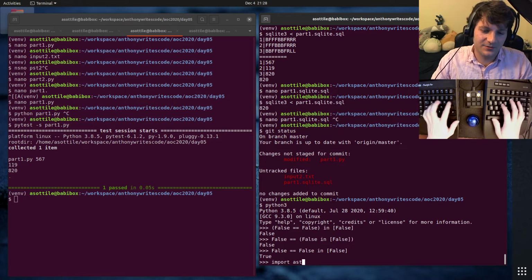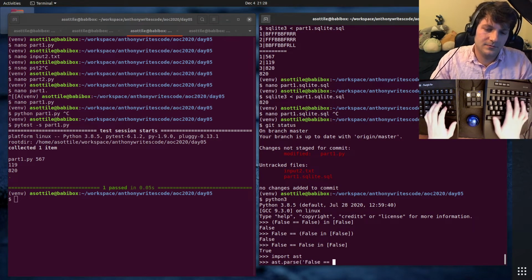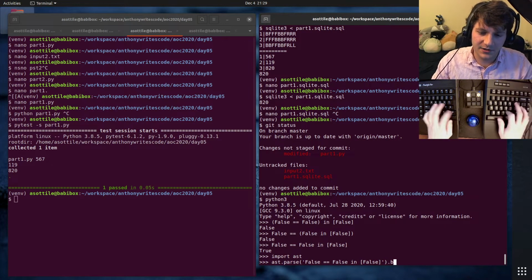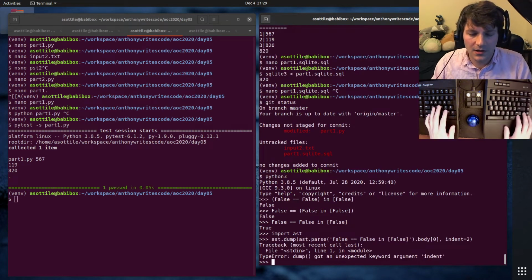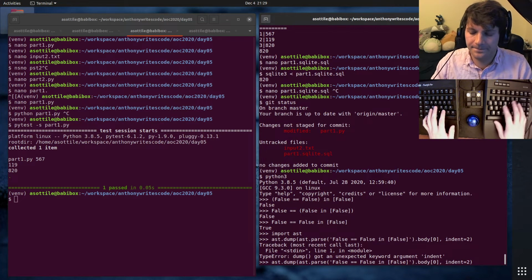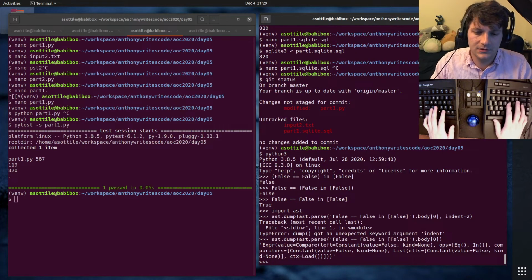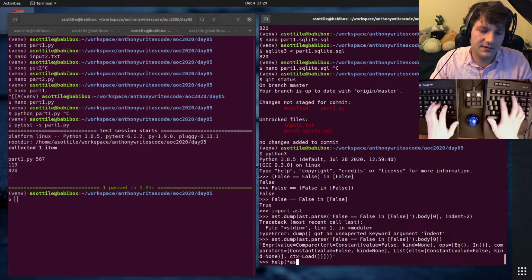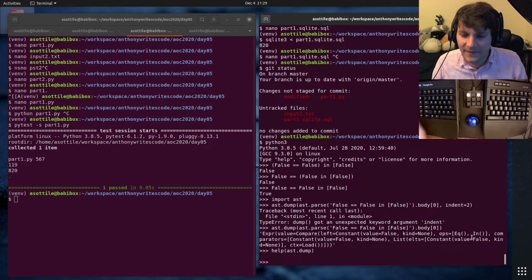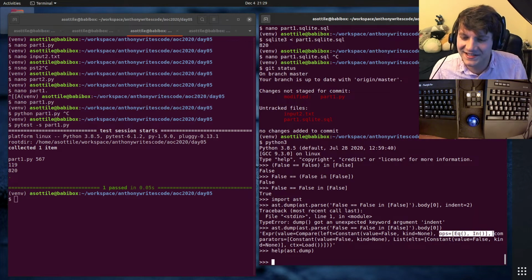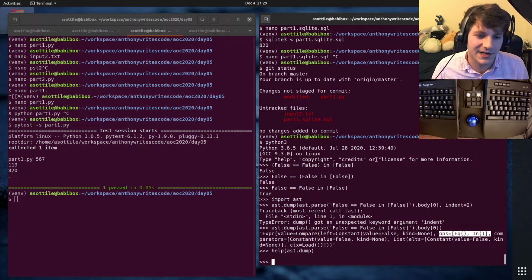And the reason you get true is due to some forkery going on here. Body 0, ast.dump, indent equals 2. Damn, is that new in Python 3.9? Damn, it is new in Python 3.9. Anyway, I have a pretty printer that I just don't have installed.